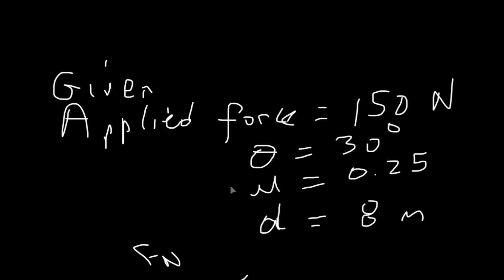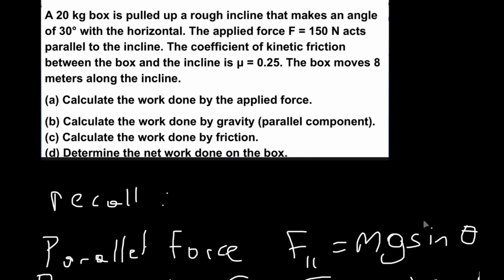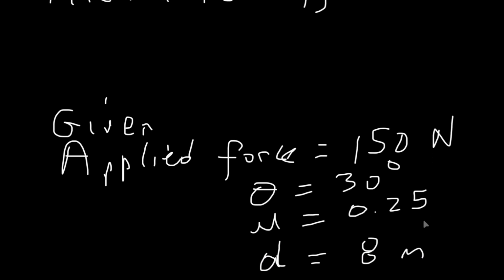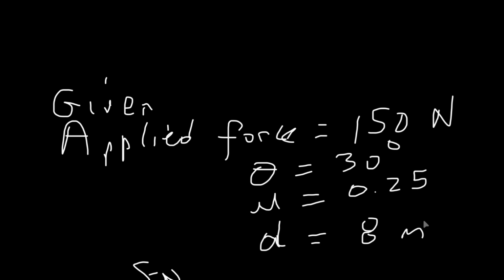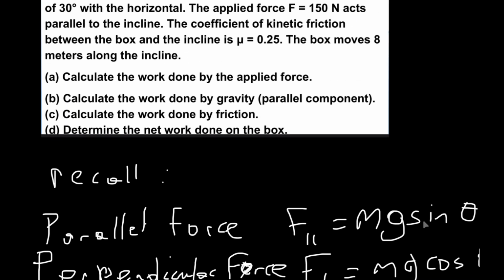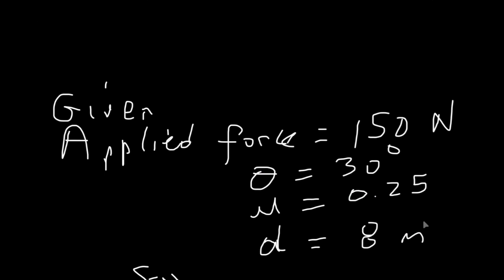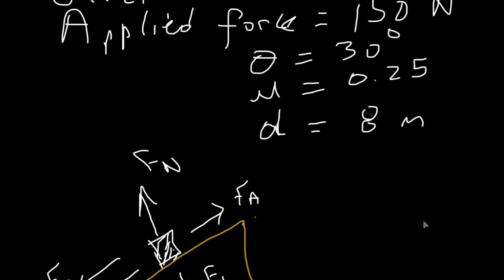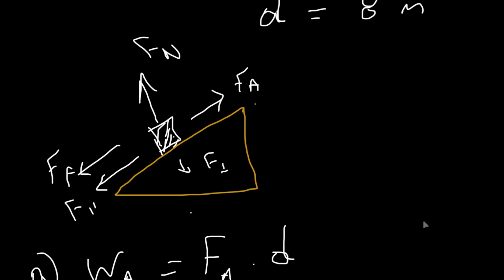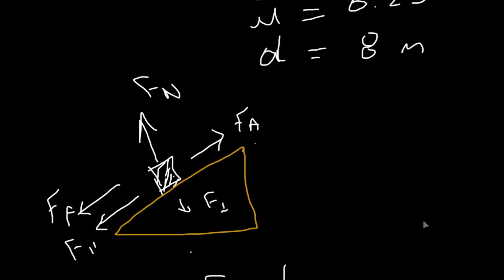We're given that the applied force is equal to 150 newtons, that theta is equal to 30 degrees, mu is equal to 0.25, and d is equal to 8 meters. Also, we have information up here that the mass of the box m is equal to 20 kilograms. Now, if we were to draw a free body diagram of the above scenario, you would see